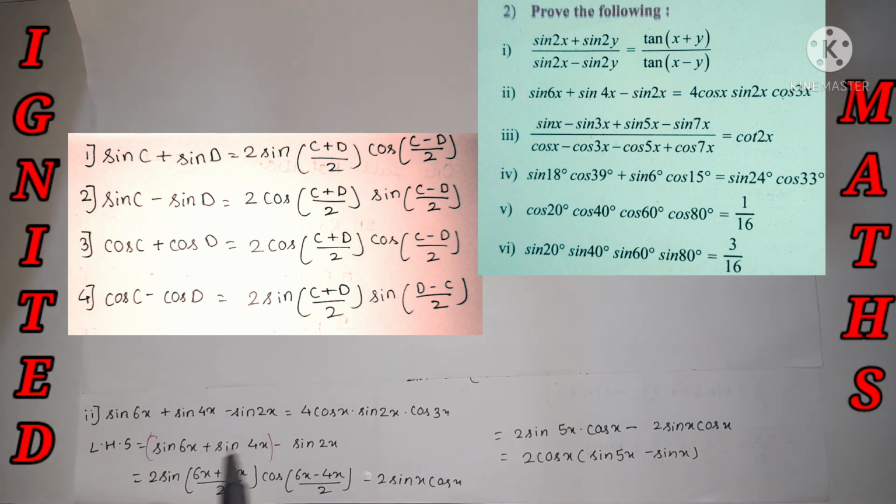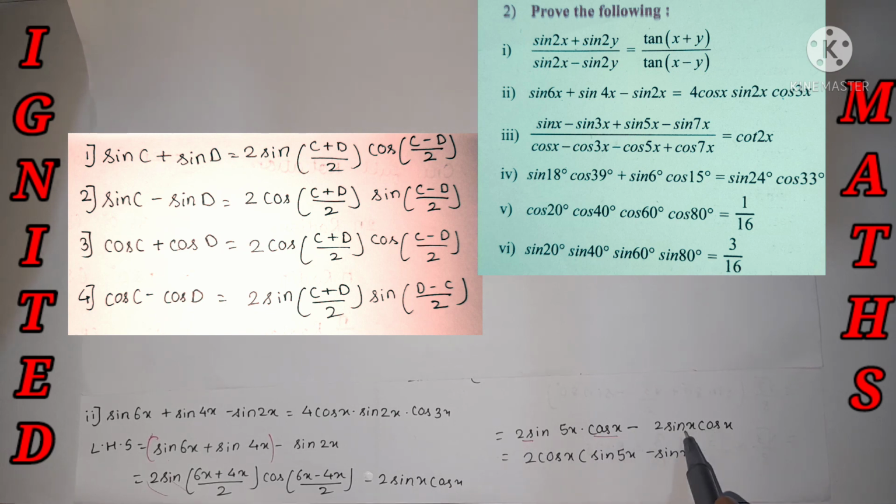It is not in the bracket; I have written it like that for the explanation. And minus sine 2x. So I have applied the sine 2 theta formula, that is nothing but 2 sine theta cos theta. While doing the calculation from this part, I got the answer as 2 sine 5x cos x minus 2 sine x cos x. So 2 cos x is common in both the terms, so I took it as common, and the rest of the terms I have represented over here.